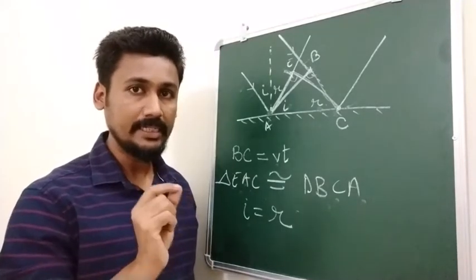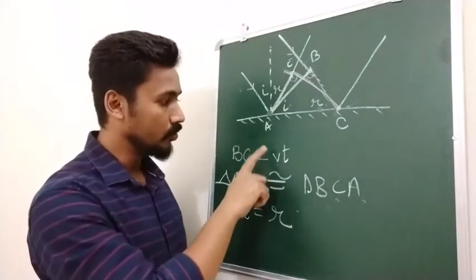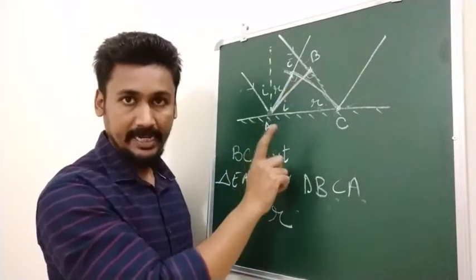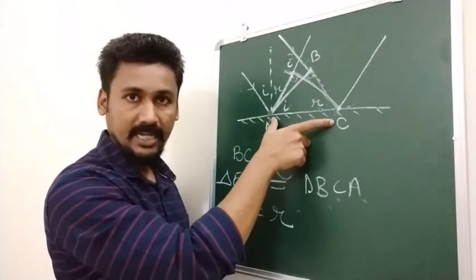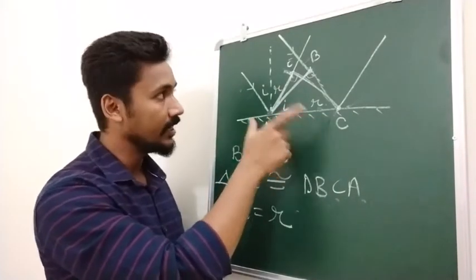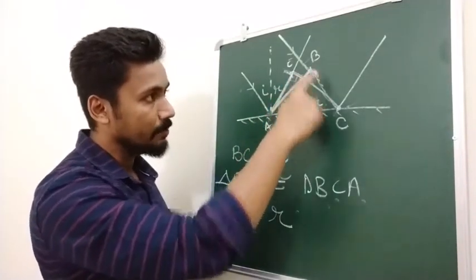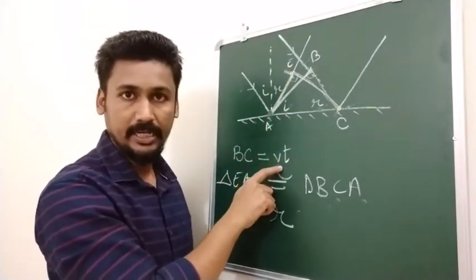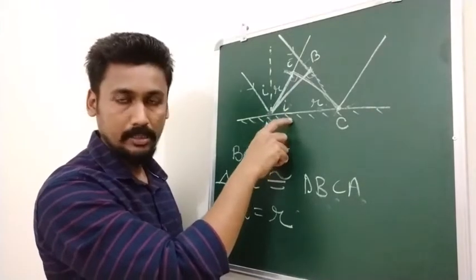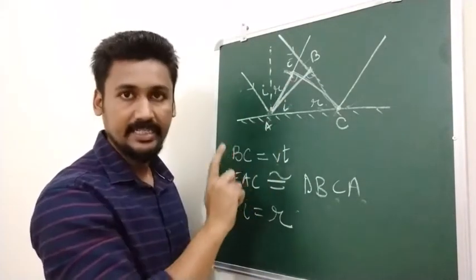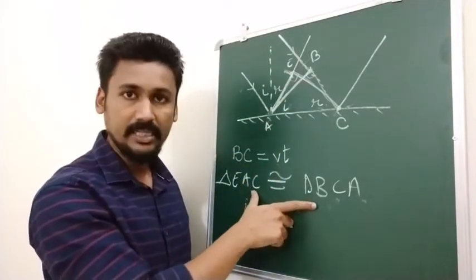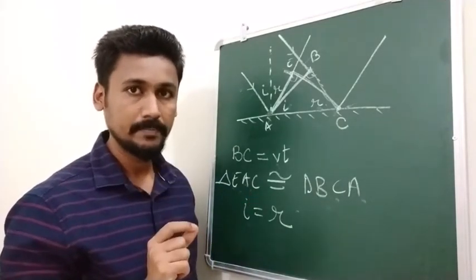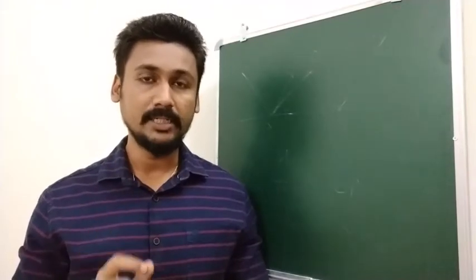Just one thing that I forgot to add previously, to prove congruency of these two triangles: one, we have the right angles; then we have this side AC, that is the hypotenuse, which is common, that means equal; and also this side BC is equal to side AE, because both of them are equal to vT, right? So two sides are equal, as well as one angle is a right angle. Due to that, these two triangles will be congruent to each other. Okay, just make a note of that point. Okay, so I hope that was understood.